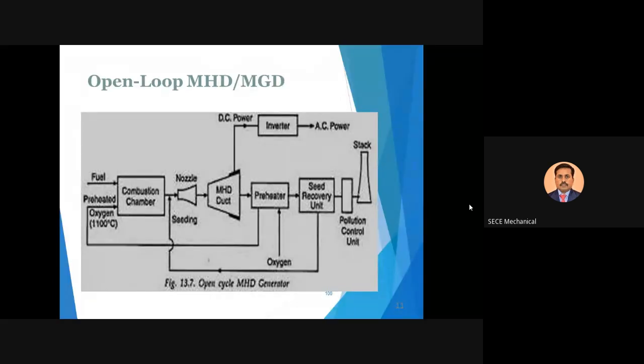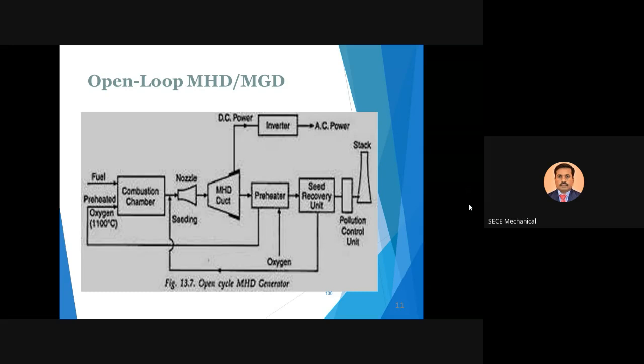So this is shown here. There are two types of MHDs. One is called open loop, the second one is called closed loop. In open loop, normally the exhaust gas from the MHD goes directly to the atmosphere, whereas in closed loop, with the help of a seed recovery unit and a preheater device,